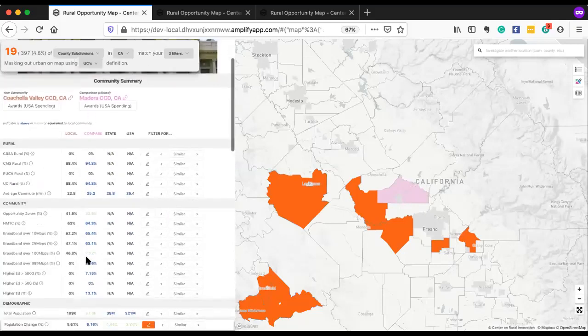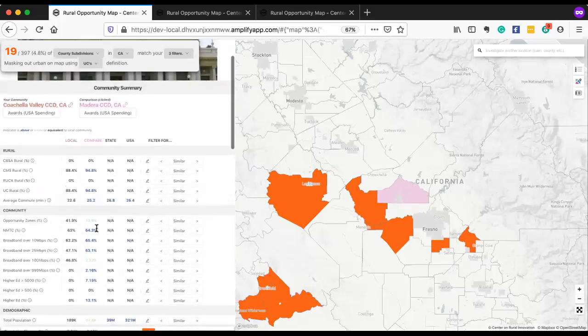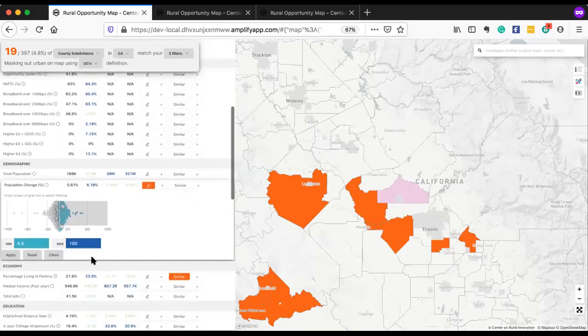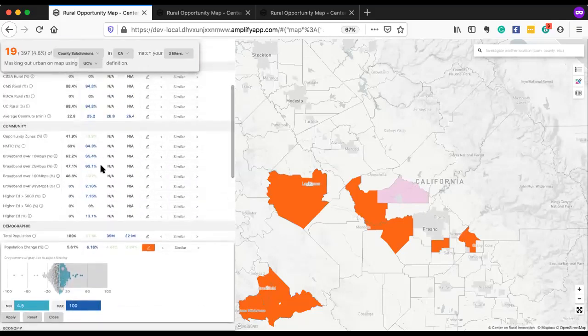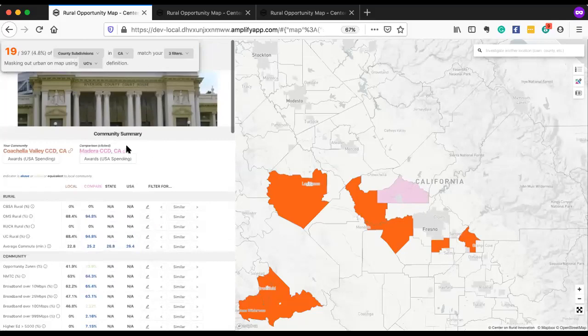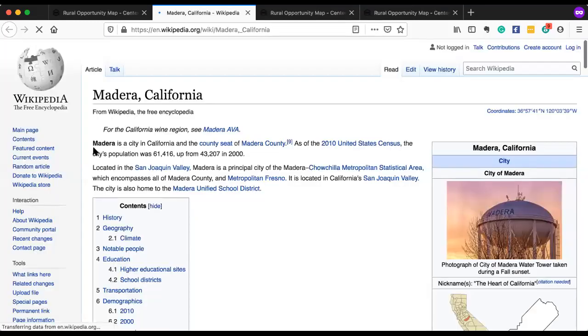comparison column. So now you can look at them side by side. We're at Madera, California, compared to Coachella Valley, and you can look at all these metrics to see how similar or different it is. You can also click on these little links at the top, which will take you to a Wikipedia page, so that you can gain a kind of